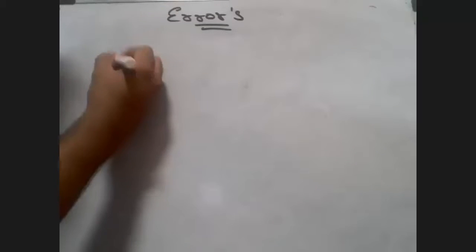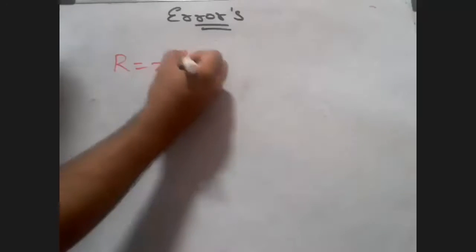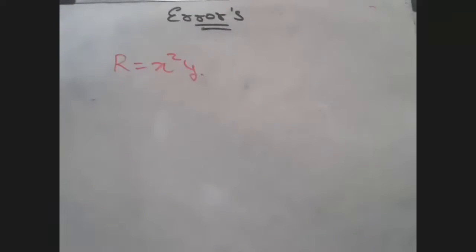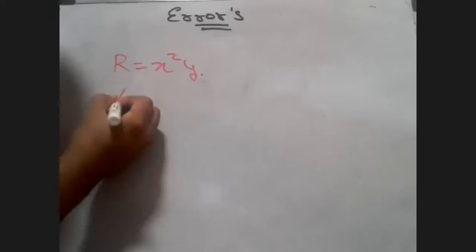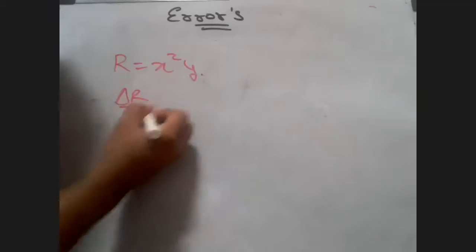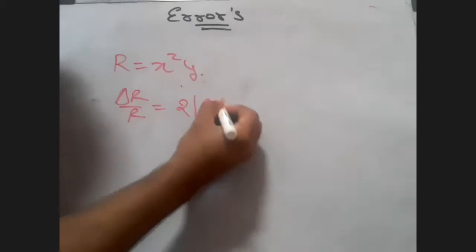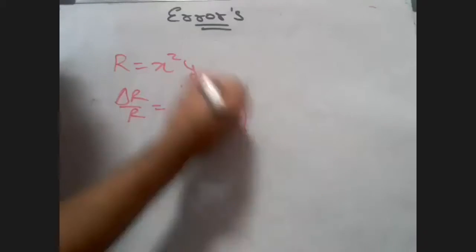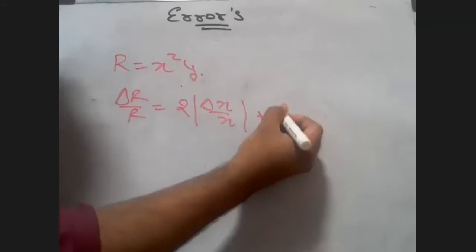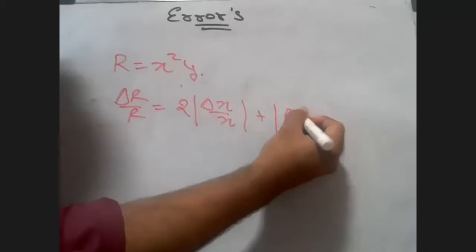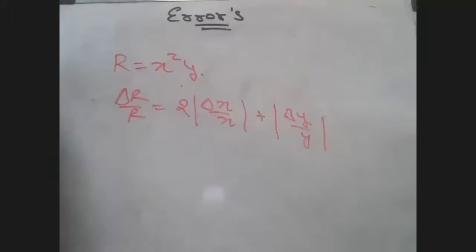Let's say r is equal to x square into y. So if I'm taking x square into y, students start solving it. I'm asking you to find out the fractional error. What will it be? Delta r by r equal to, what I will do? I will take this 2 down and I will write delta x by x. And what is this y? It is plus 1. So of course I will write it as delta y by y. You don't need to write that x 1 over there. Okay. Now this much is understood.